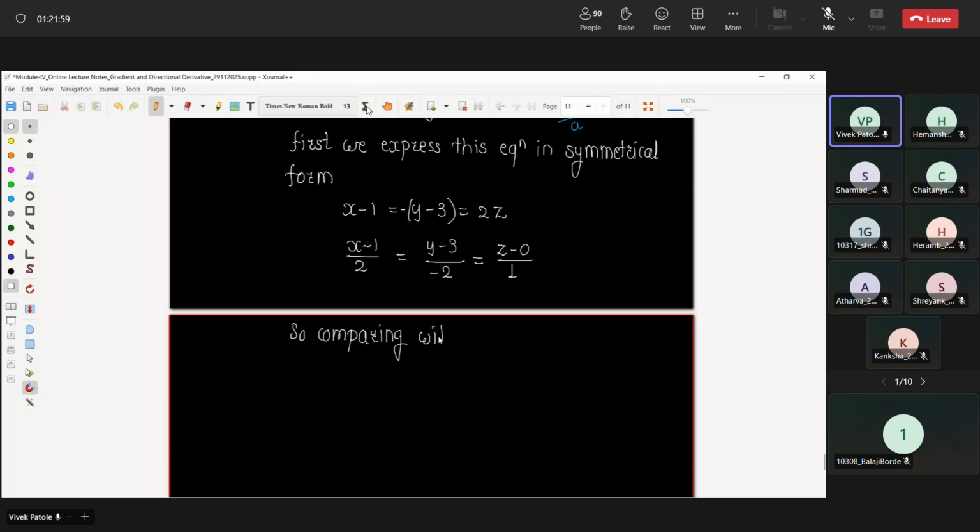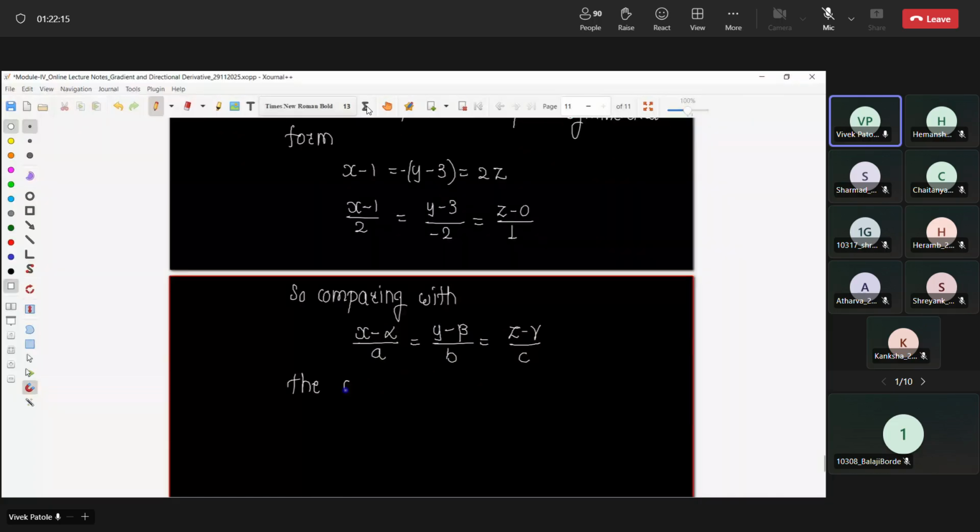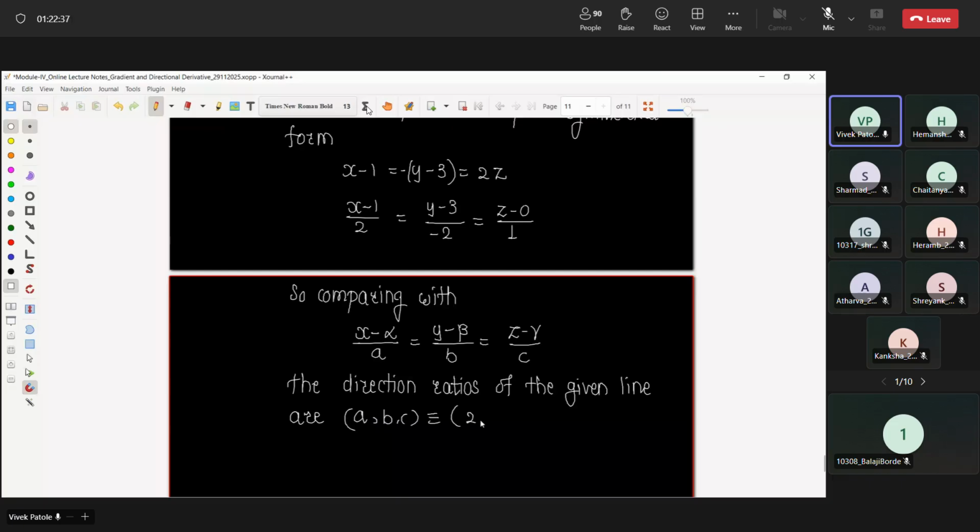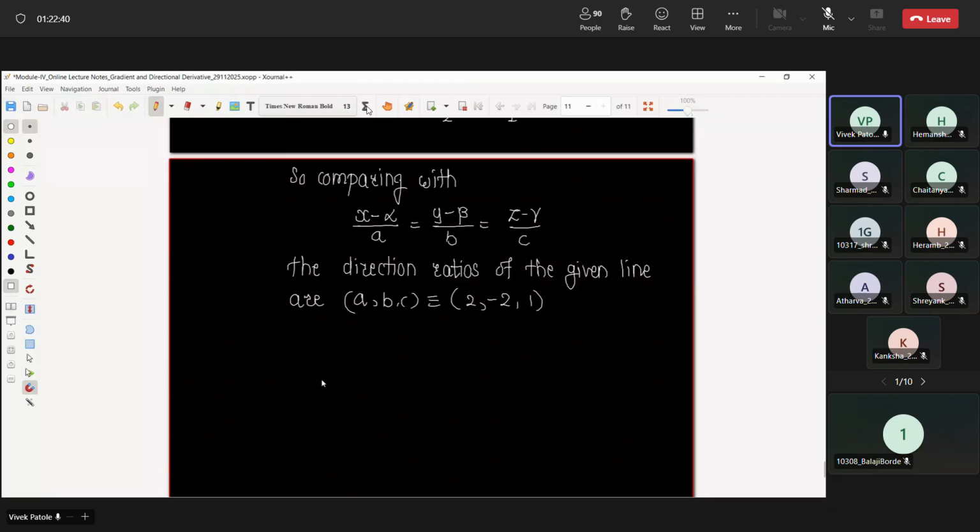So comparing with x minus alpha upon a equal to y minus beta upon b equal to z minus gamma upon c, the direction ratios of the given line are a b c equal to 2 minus 2 1, and therefore direction of the line